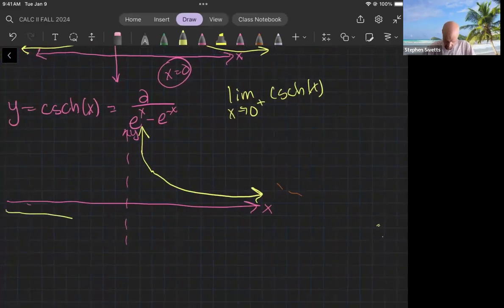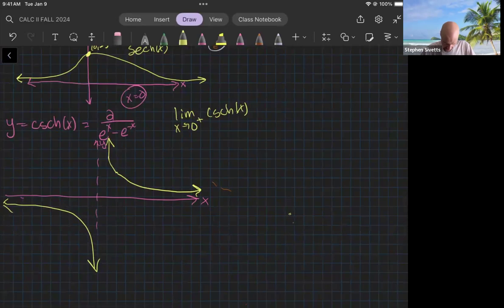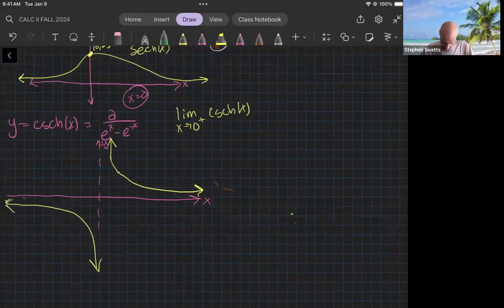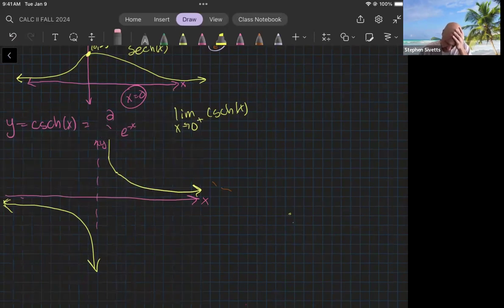We can derive a similar result when we are approaching 0 from the left-hand side. When we're approaching 0 from the left, this will become a bigger number, right? And so it will shoot off towards negative infinity. So down here, it will shoot off down here. And when x approaches negative infinity, this term right here,